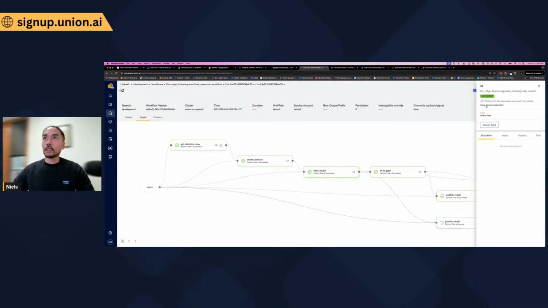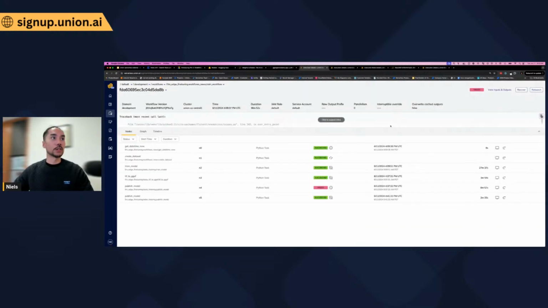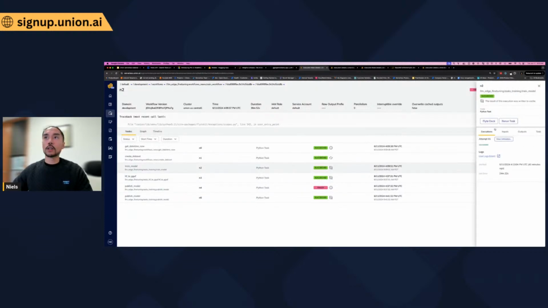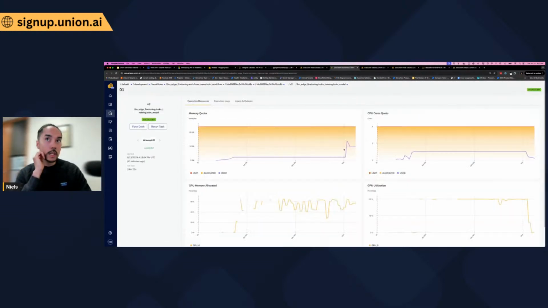Now, we can look at the source execution that this particular execution is used to just quickly finish our pipeline. So here is the original execution. You can see a failed step over here. We can debug that later. But one cool thing I want to show off here is we can view the utilization of our training step. And so this is kind of the MLOps portion of this entire platform, which is I can see what my